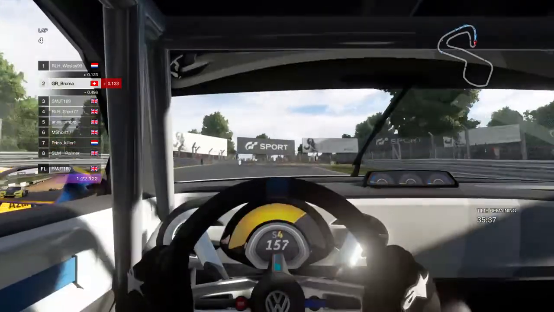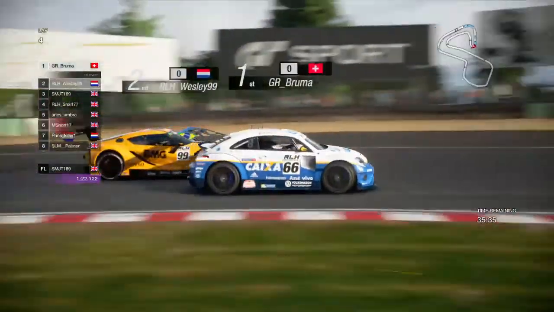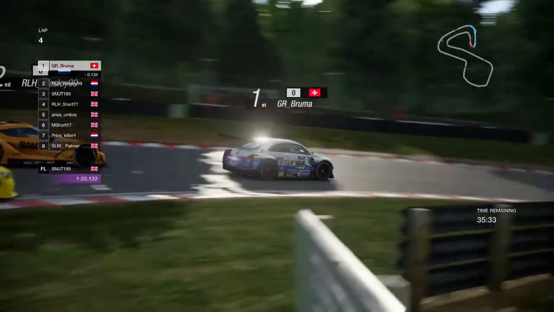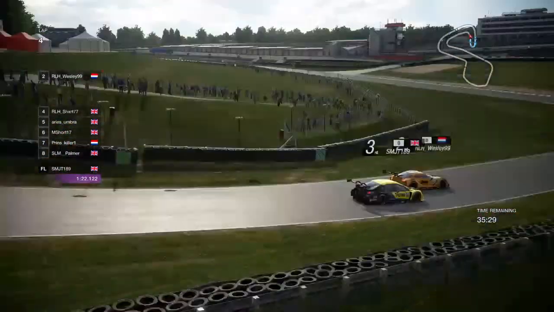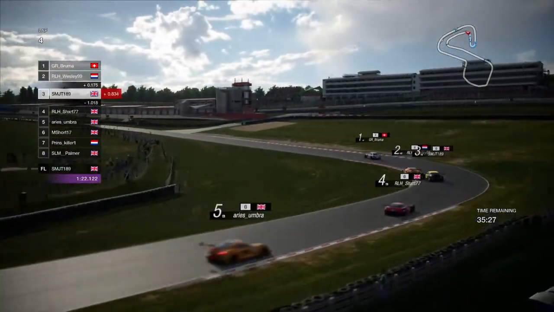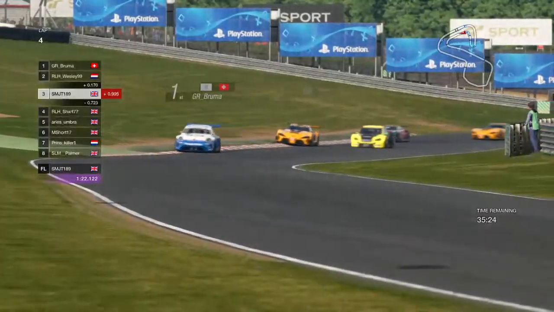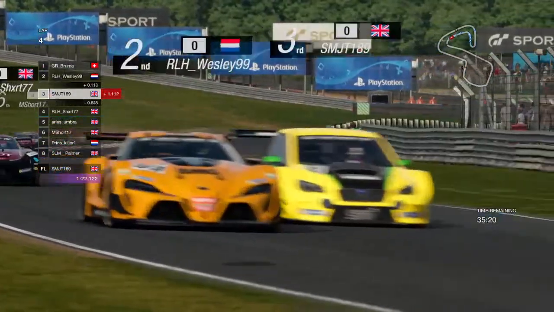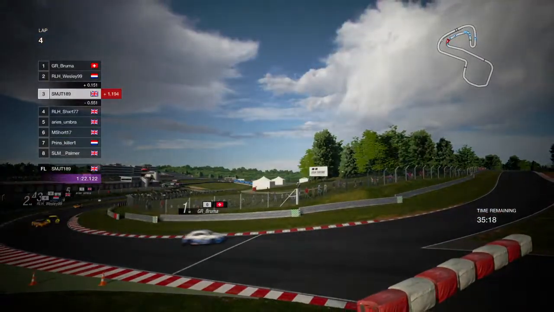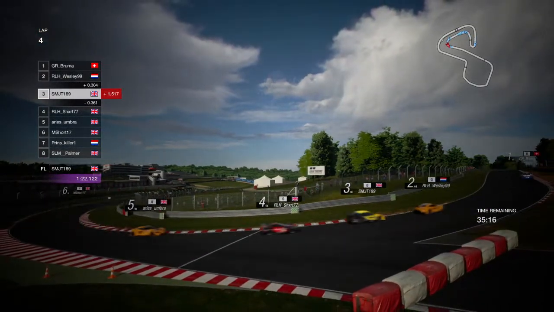Wesley having a look up the inside now is Bruma. It's a fantastic dive for the lead as he went into Druids and up the hill. Of course, you can brake very late as you go up the hill, but now it could be Wesley who's compromised. SMJT trying to find a way past that BMG car, not quite on this occasion, but he's going to get the switchback out of the corner, and he's up the inside now as they run towards Surtees. Can he get the job done? And Wesley just sweeps across and gets the position,